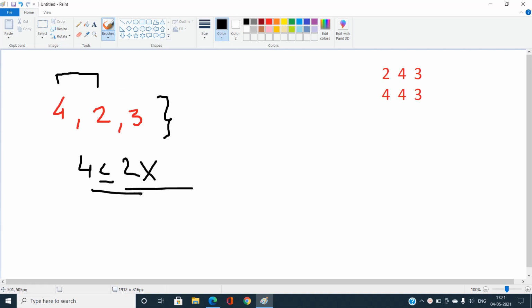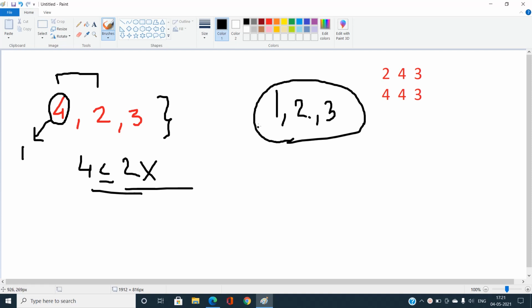So we need to change any one of the elements so that this array becomes a non-decreasing array. You can easily say I can change this 4 to any element that we want, or change this 2 to any element that we want. Let us try to change the elements. I am going to change this 4 to 1, so our array becomes 1, 2, and 3. You can easily see the elements are in non-decreasing order. The number of changes that I do is 1, and we are allowed at most 1 change. So this is going to give us a valid answer.